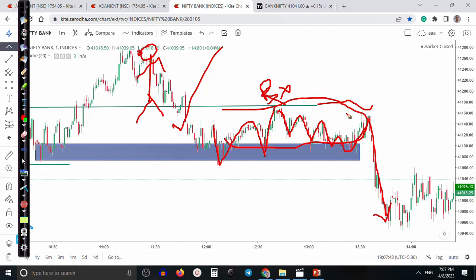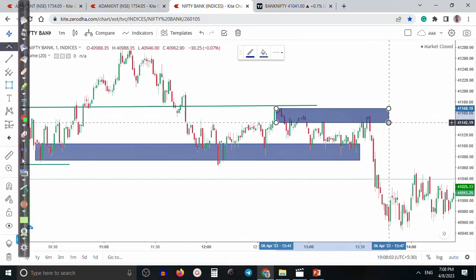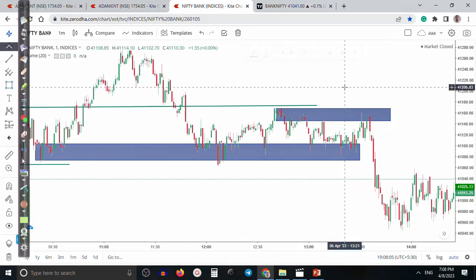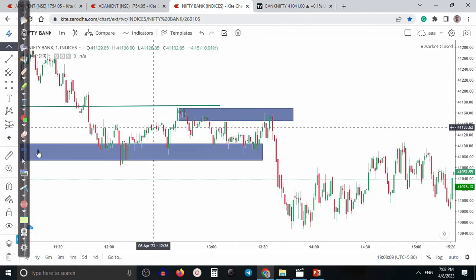So that is why we are using some supply zone in this area. So where was the supply zone in a small time frame? So that was our rejection point. So that is our supply zone. Price was rejecting, and after creating this lower point, so we are using